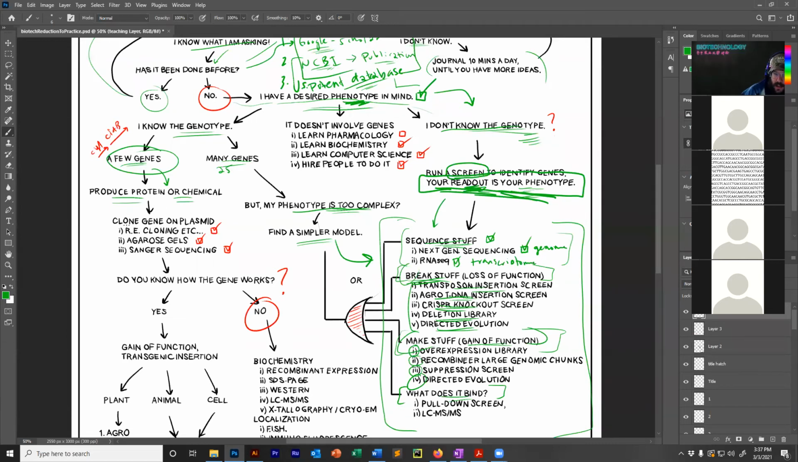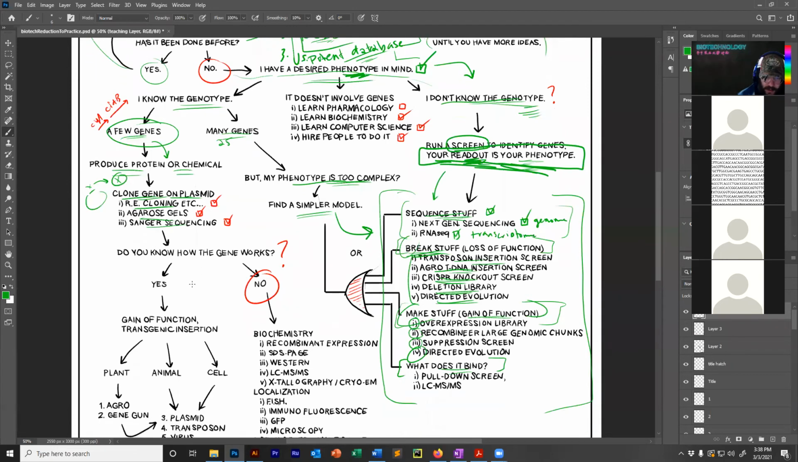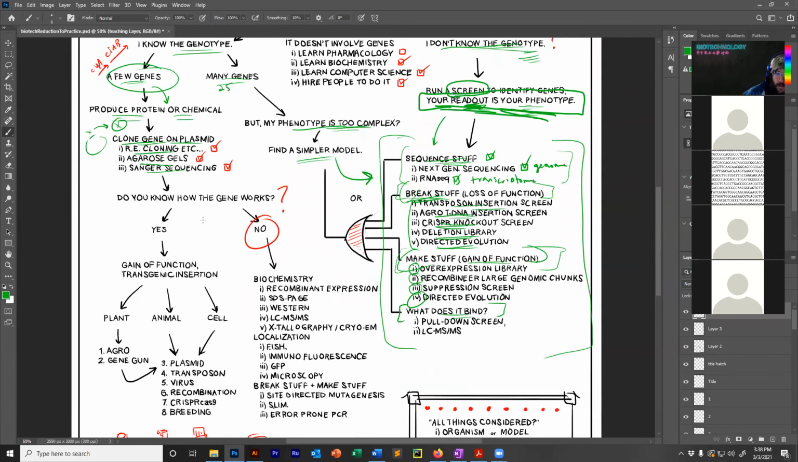Usually you're cloning a gene onto a plasmid. That's the first thing you do. So you clone your gene X that makes product or protein X into a plasmid. Usually you're going to do that with restriction enzyme cloning or some of the other methods that we talked about. You're going to run some agarose gels to make sure you got it, and you're going to Sanger sequence it to make sure that it's perfect. From there,